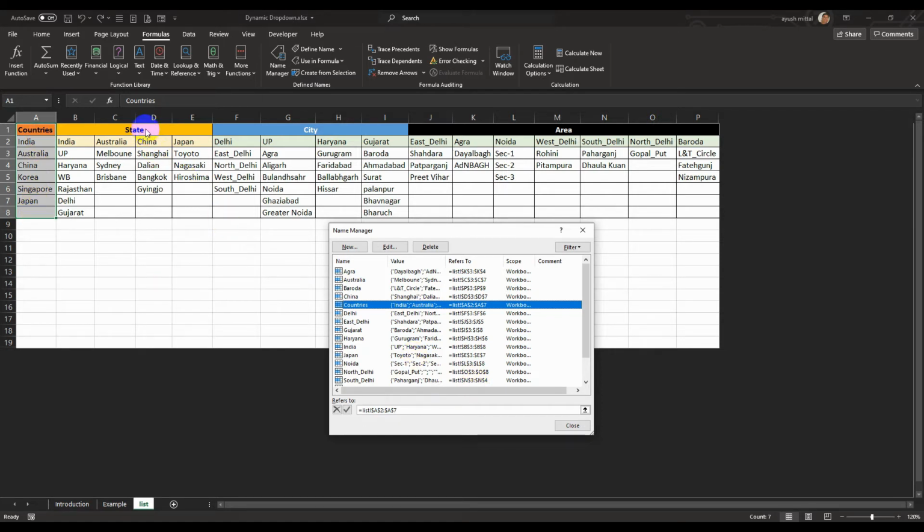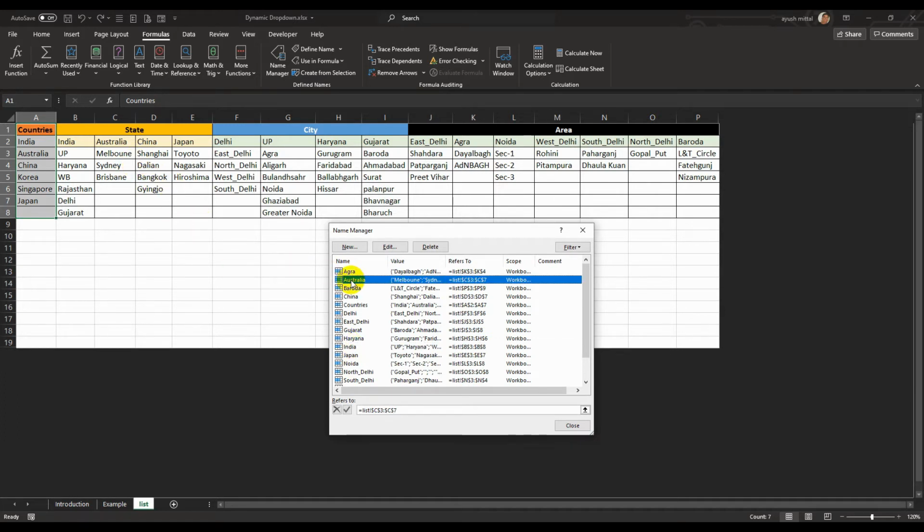Similarly, this I have given the name state, so this is the reference of state. Similarly, city and area. And for every country, like for India we have these many states, so I have given the reference name as India.